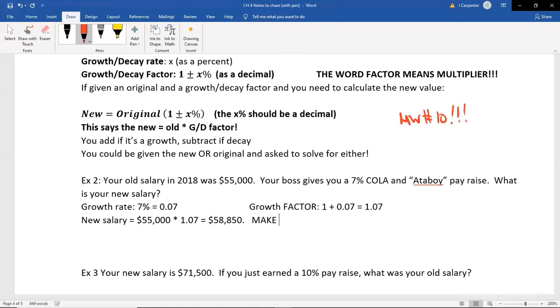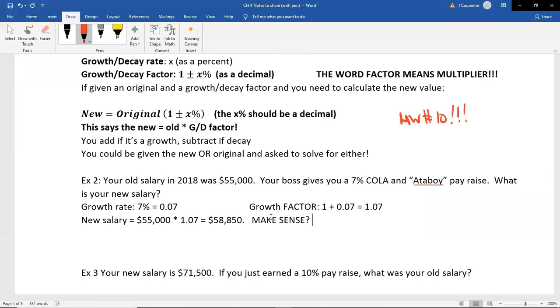That should be our new salary, but don't forget to ask yourself, does it make sense? Well, it's higher, so that's good. And 7% is not a massive salary. I mean, it's phenomenal. It's better than some people might have ever received in their life, in their current professions. So I'd say that's a phenomenal pay raise, but it's not something absolutely insane. It's not like we went from 55,000 to 100,000. If we got an answer of 100,000, that sounds like we basically doubled our salary, which means we should be closer to a 100% increase. That wouldn't make sense. If we only got, say, 55,000 and then $850, that wouldn't make sense